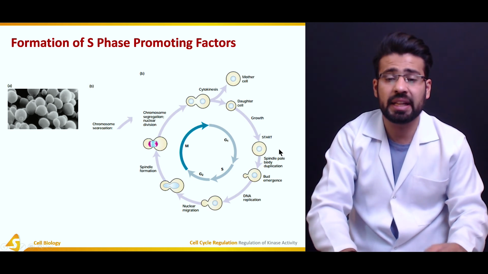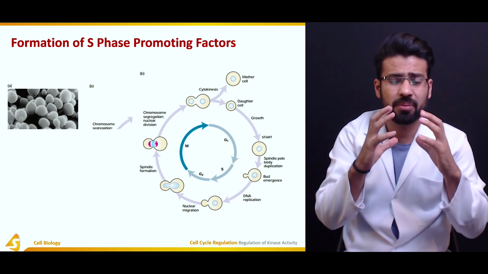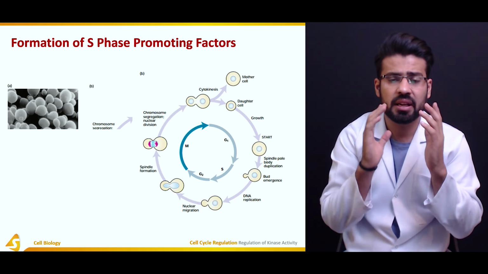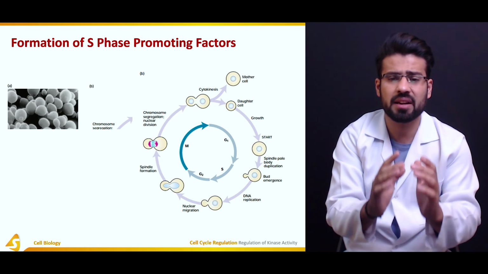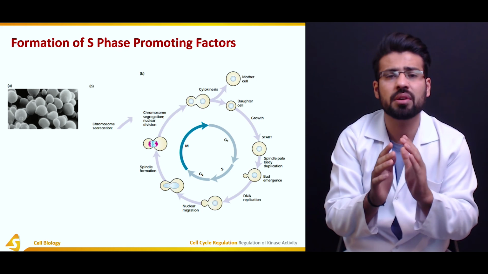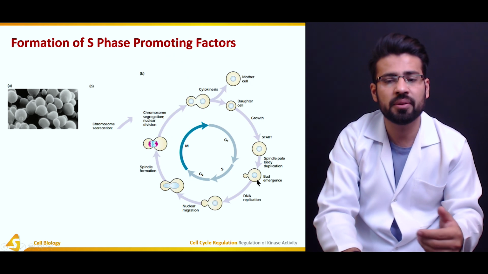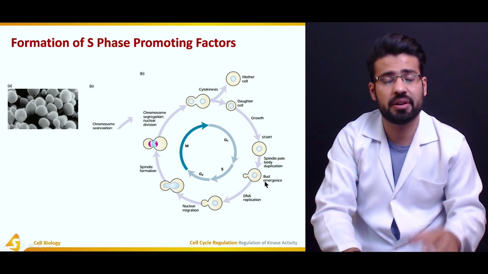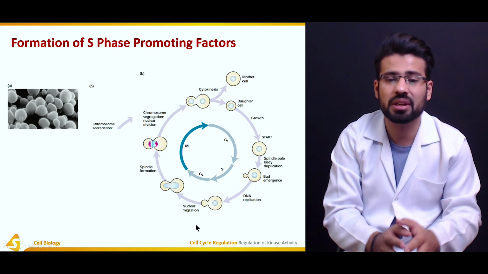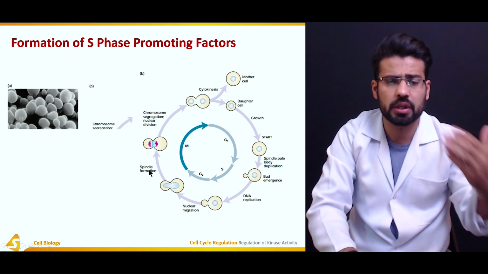So what happens when the cell has attained a particular size and morphology, it is going to send a signal for the initiation of the synthesis phase, because the cell has replicated every single necessary thing that is required for the division of the cell. So the only thing left is the replication or the duplication of what? The DNA, of course. So what happens in this particular case, the spindle pole body duplication is going to form, and this would result in the origin firing, resulting in the DNA replication that I have discussed. And of course, this would result in the nuclear migration, and again, the cell would enter into G2 and result in the M phase as well. So this process goes on and on.